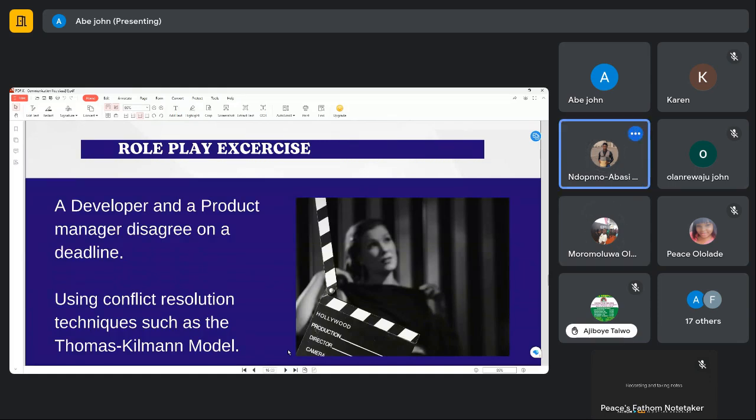Okay. So thank you. I appreciate the urgency of the project and understand its importance, but based on the current scope and available resources, meeting this deadline may compromise the product quality, and I recommend you give me at least a week or two to ensure that I deliver a solid outcome. However, if there's flexibility in the scope or additional resources available, then we can explore ways to meet the deadline. Let me know how you'd like to proceed.